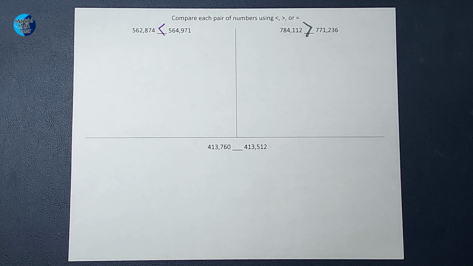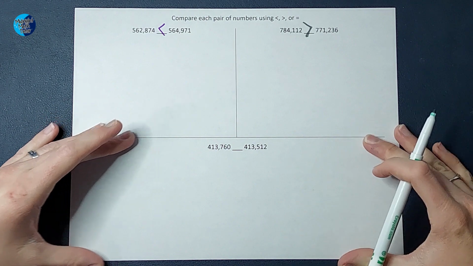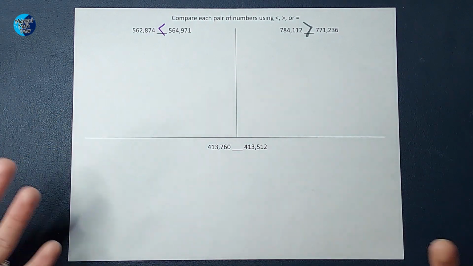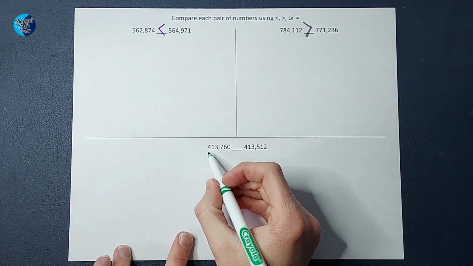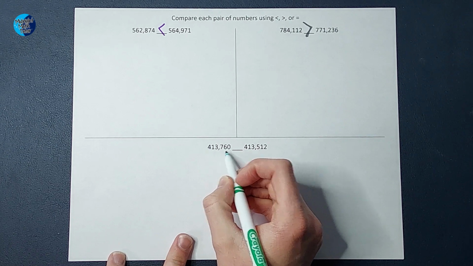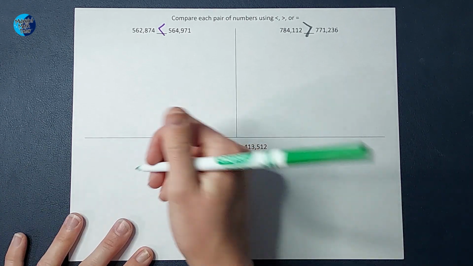We are going to use expanded form. All right, if you need a review or you're not sure what this is, I'll link a video in the corner, but I'm also going to do it right here. So basically we write these numbers out by their place value. So I write 413,760 as